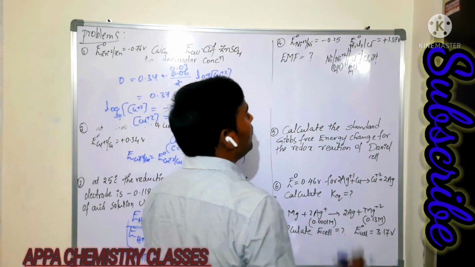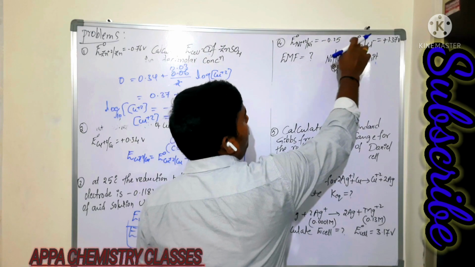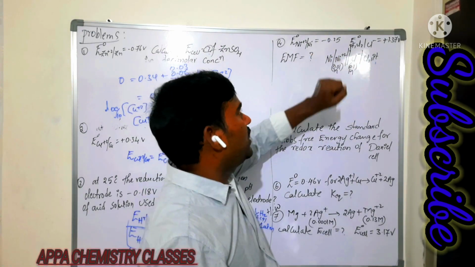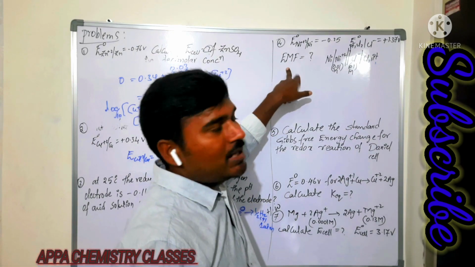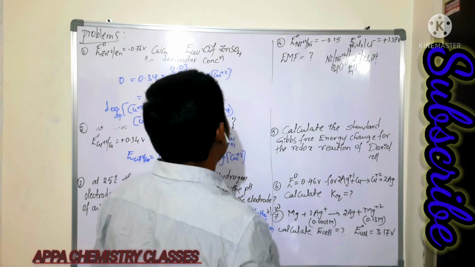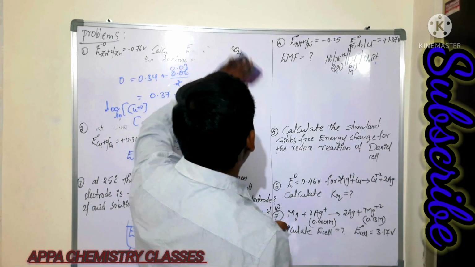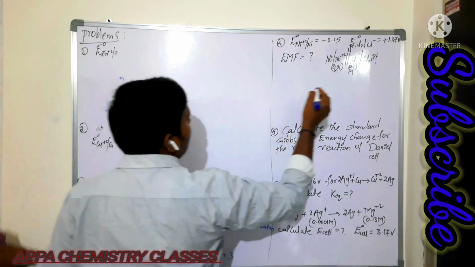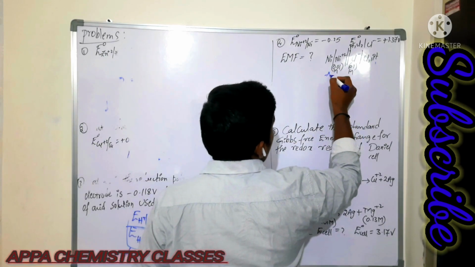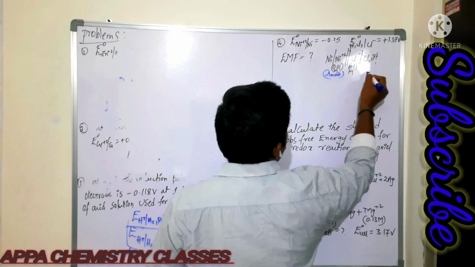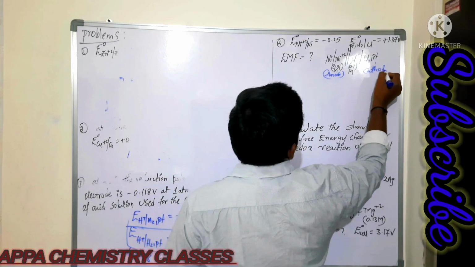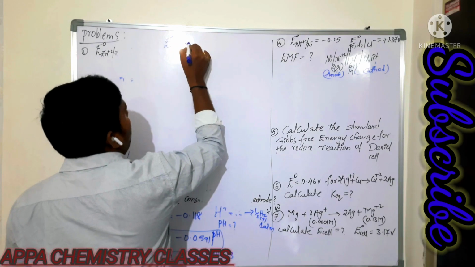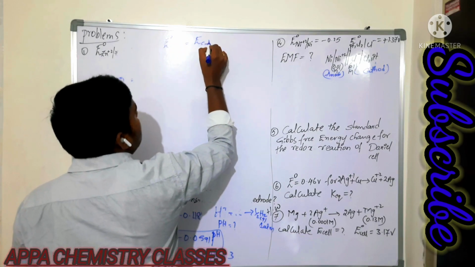Now next here, they have given the standard electrode potentials of the nickel and chlorine electrodes. They are asking to calculate the cell EMF of this cell, which is a somewhat important model. So in the examination you are going to get questions like that. So for this reaction, which is the anode and which is the cathode here? The left side will be the anode and the right side will be the cathode. Now first we should know the standard electrode potential, that is E naught cell. How will you get E naught cell? E cathode minus E anode.